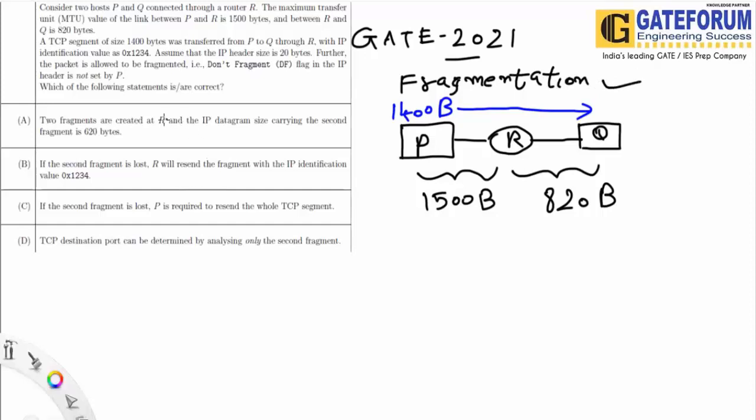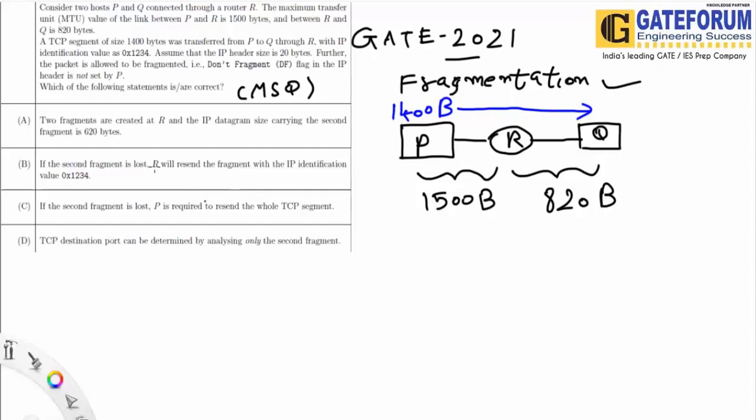Then we need to find which of these is correct. So basically the question is an MSQ, a multiple select question, in which more than one answer might be correct from these four options A, B, C, D. That's the basic scenario we are going to be asked about here.